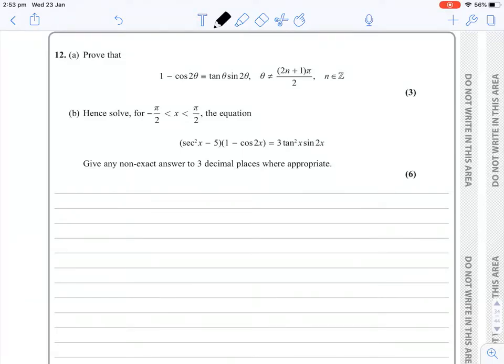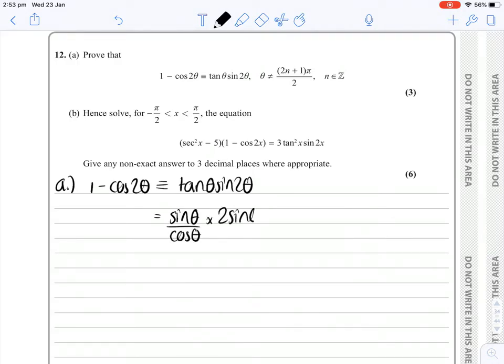Question 12. Prove that 1 minus cos 2θ is equal to tan θ sin 2θ. So part A, 1 minus cos 2θ is always equal to tan θ sin 2θ. I'm going to rewrite the right hand side, so sin θ over cos θ multiplied by 2 sin θ